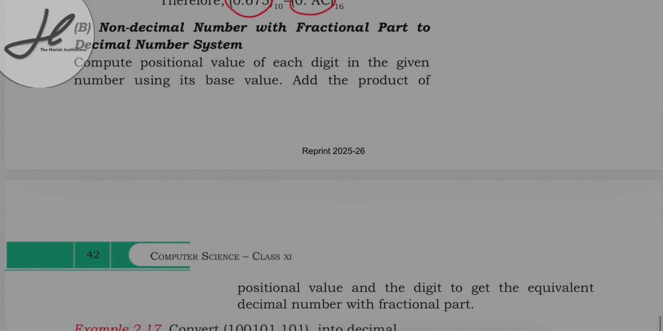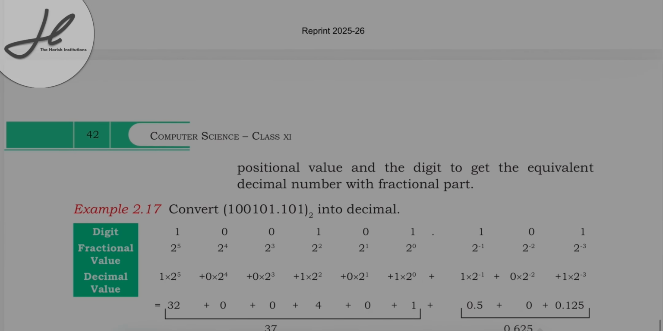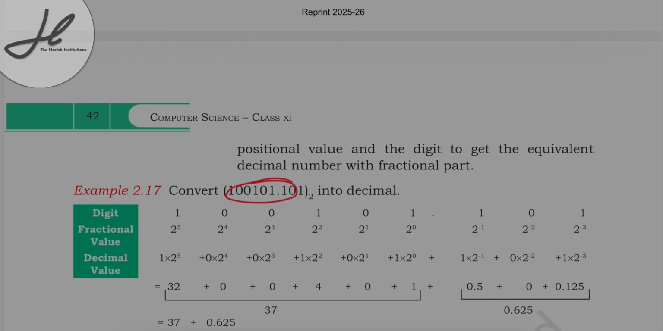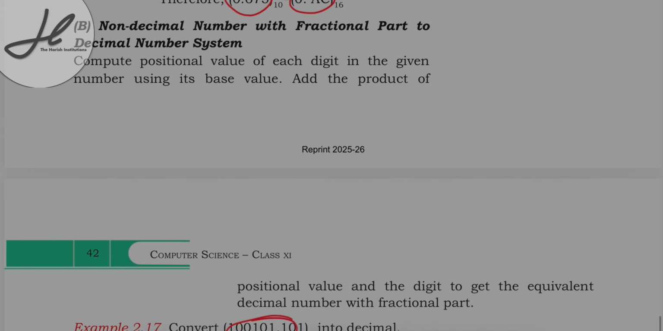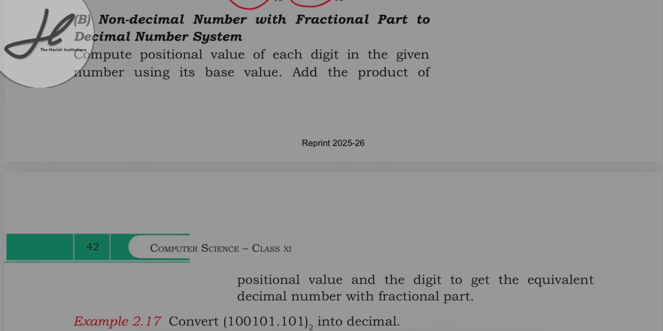अब जो नॉन डेसिमल नंबर है जिसका फ्रैक्शनल पार्ट हो उसे डेसिमल नंबर में कैसे कन्वर्ट कर सकते हैं, लाइक दिस। ओके, सो इसे हम देखते नहीं है, उसका मतलब हम वहां से देखेंगे नहीं कि क्या लिख रहे हैं वो, हम अपने आप करने की कोशिश करेंगे। 1 0 0 1 0 1.101। ओके,